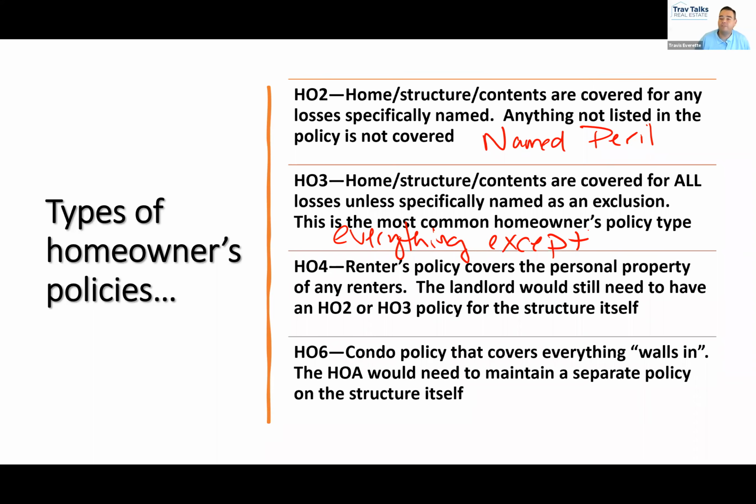If there's a riot, for example, there are exclusions there, but overall, you'd rather have an HO3 policy than an HO2 policy, because the HO2 policy is probably going to leave you with some significant coverage gaps. And at least if you have an HO3 policy, you know exactly what your gaps are, so you could go try to get other coverage for those things. If you look at your HO3 policy and it says, okay, these three things are not covered, number one, I'm not covered for those things, or number two, maybe I need to see if I can buy separate insurance for those things if I want.